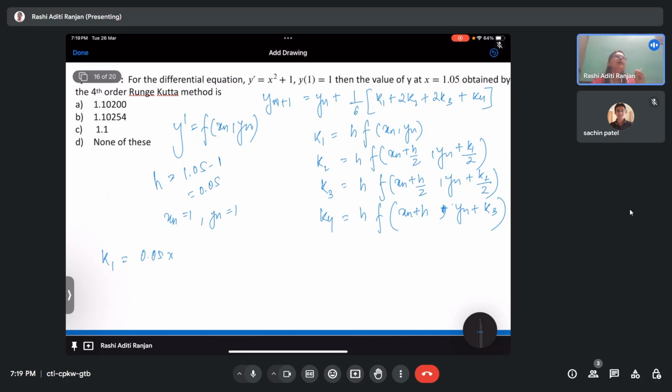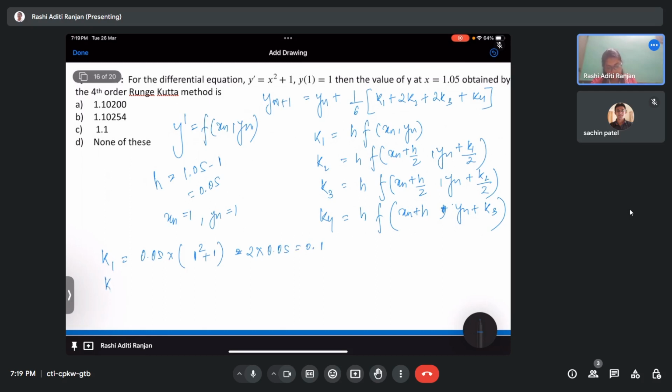So what do I have to do? I have to put the value of xn and yn into it. Now you will see that my y dash is actually not dependent upon yn. So I just have to take care about the x part. So this will be 0.05 into x square, which is 1 square plus 1, 2 into 0.05,